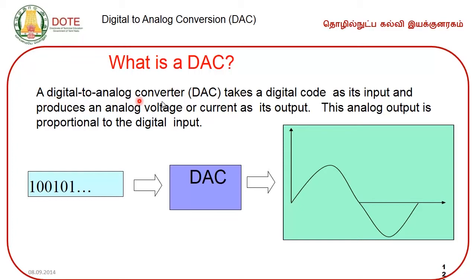A digital to analog converter takes the digital code, accepts the digital input and produces the analog voltage as output, right. So, this is the digital to analog converter, it receives the digital input and gives the analog voltage like this, continuous variation of the voltage magnitude with respect to time,